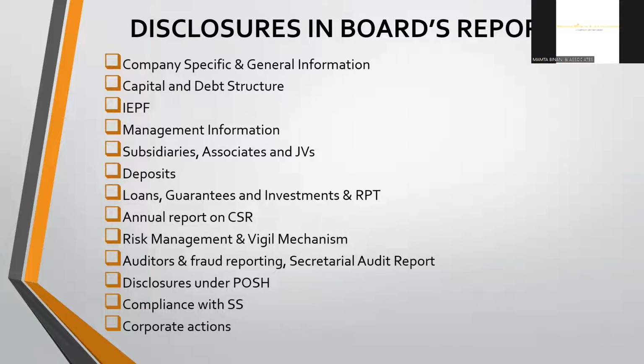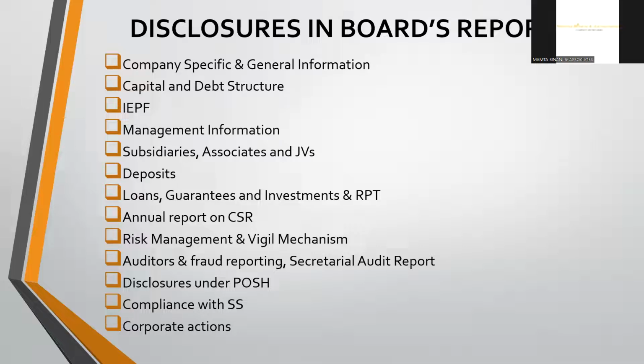Now there are certain general information also which is to be included. Those are the industry overview: what kind of industry, what business I am carrying on, and what my competitors or other companies with the same line of business are carrying on. I must include that in the industry overview section of my board's report. Then I must include economic outlook and external environment. Then suppose I am a listed entity and I have applied for delisting, then I must give the details of the delisting activity in my board's report.